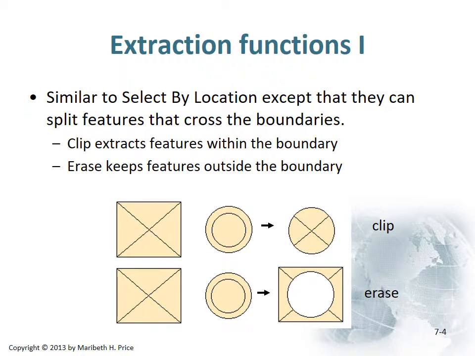Erase is going to do something similar. You have the input rectangle. We've got then the erase function being the same circular data set, but instead of punching out the cookie, what we're doing is we're leaving behind the dough. So we erase where the cookie is supposed to be on that data set. So you can imagine these are both very powerful things. The clip function you could use if you need to separate out a study area. The erase function you can use if you need to exclude something from the study and just eliminate it from